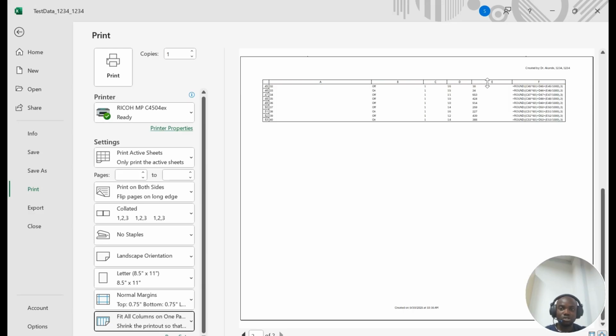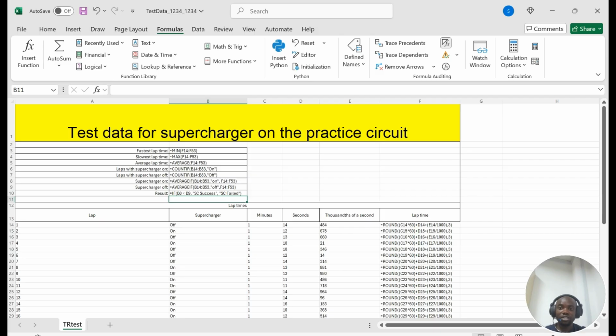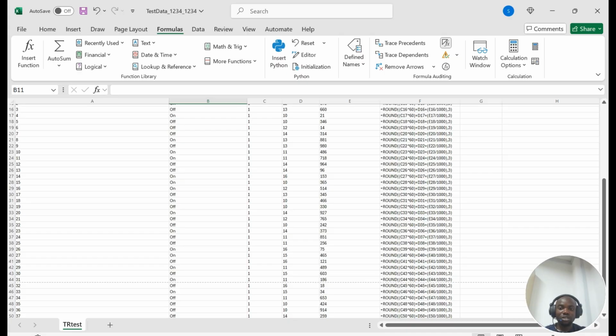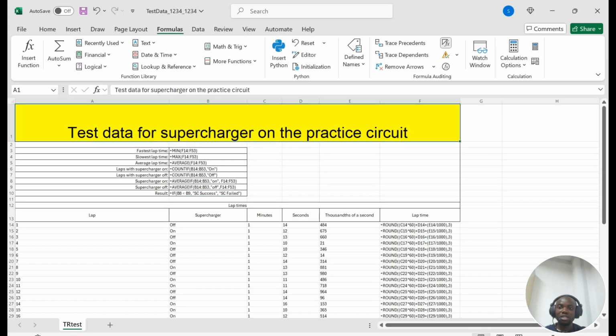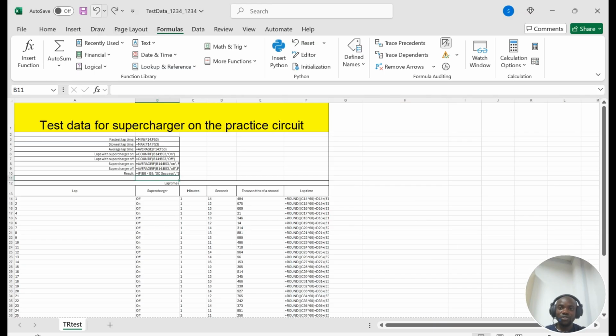Then you print this one. This is 2 pages. Fit all columns on 1 page. All right. Now, after you finish that, the next question says print your spreadsheet showing the values. Make sure that print out shows the value this time. What I used to advise my students is, because you've already played a little bit with all this, now just click on undo to put everything the way it was before